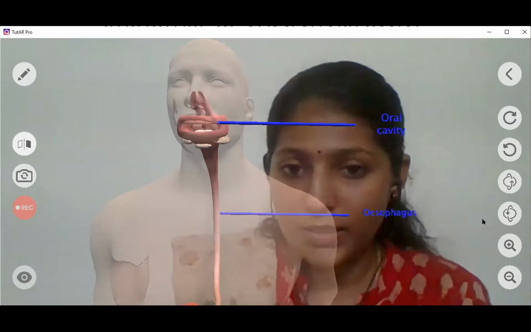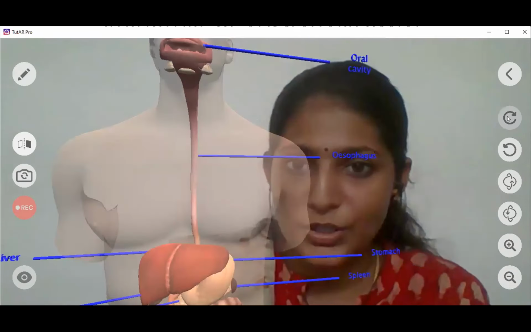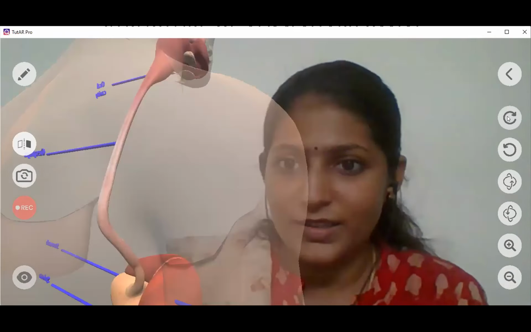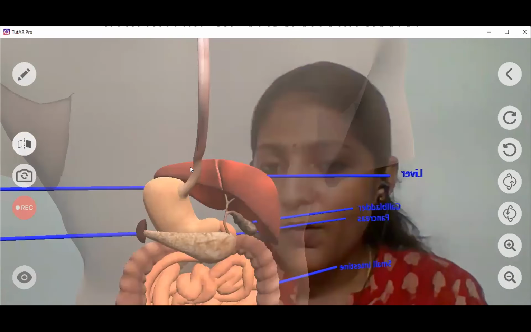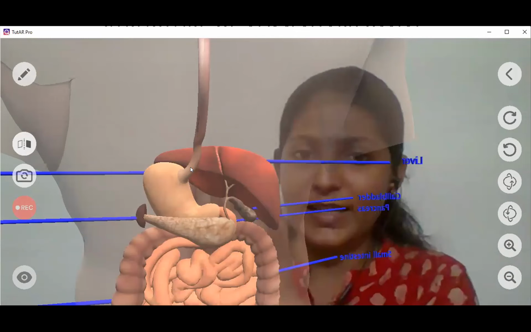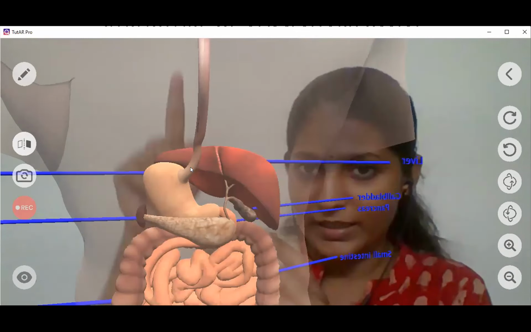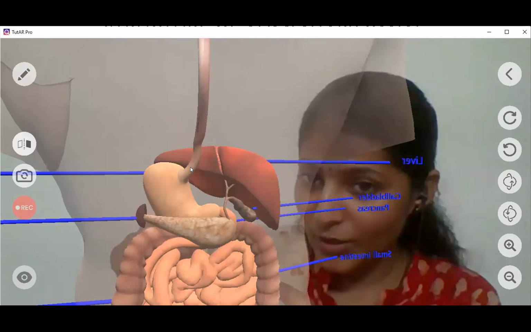So this is the tube called the esophagus, and you can see the backside, everything. See? And now from the esophagus, as I told when I explained the parts of the alimentary canal, it is moving to the stomach. So now how is it connected?